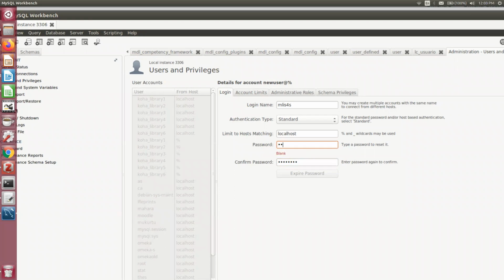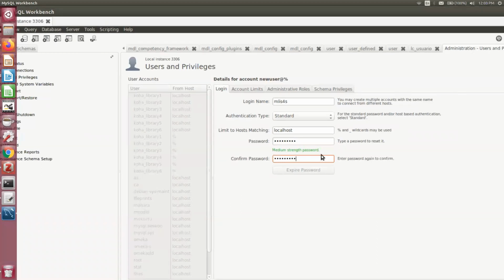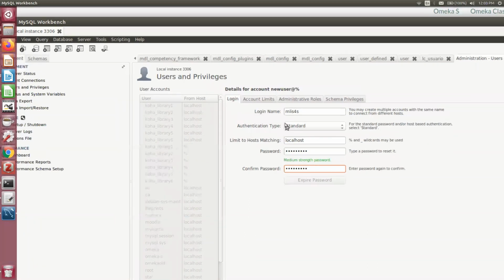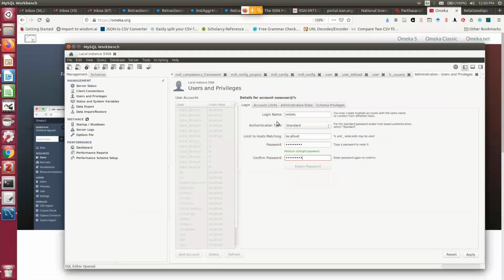So I am giving email_1234. So the moment you are using the @ it is giving a medium strength. So I can repeat now, email_1234. Then you can see here,